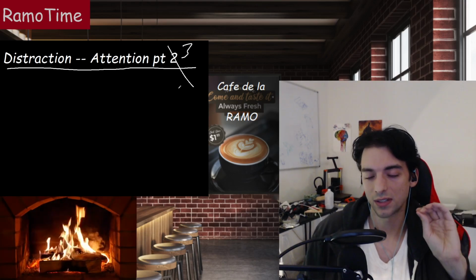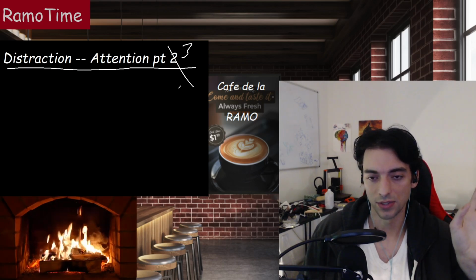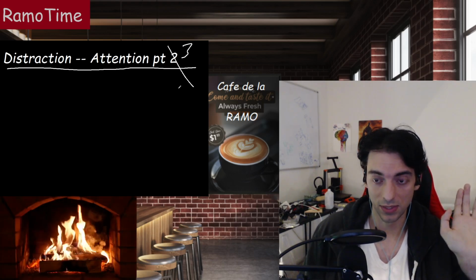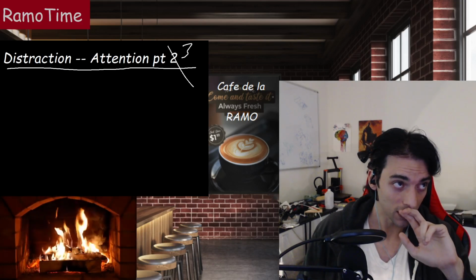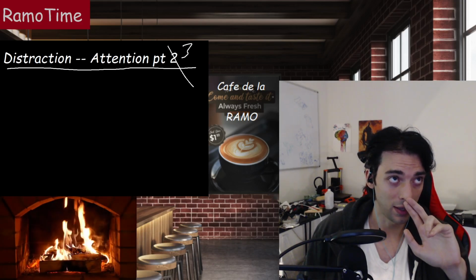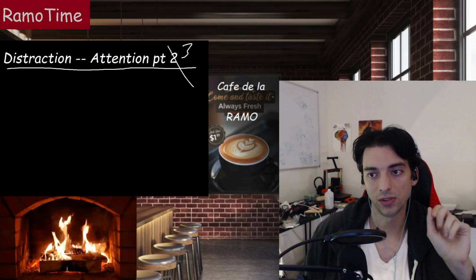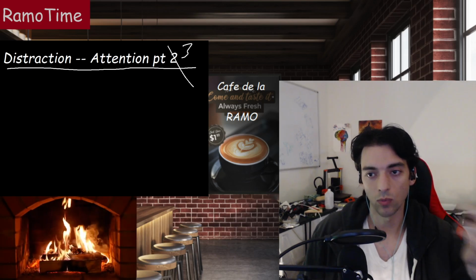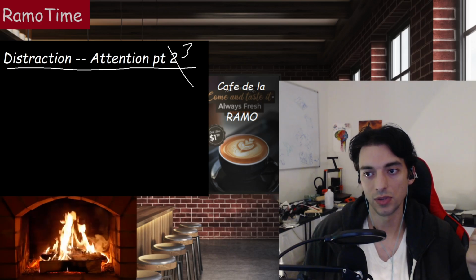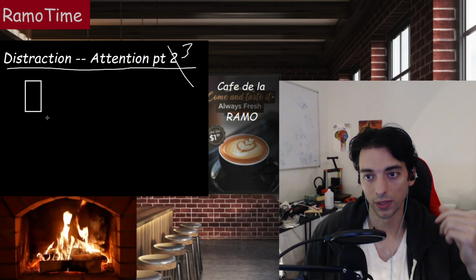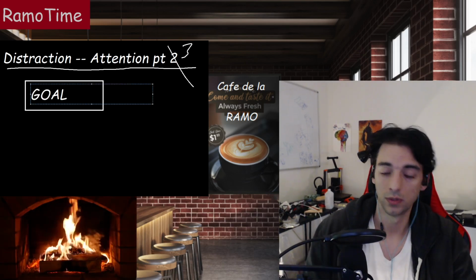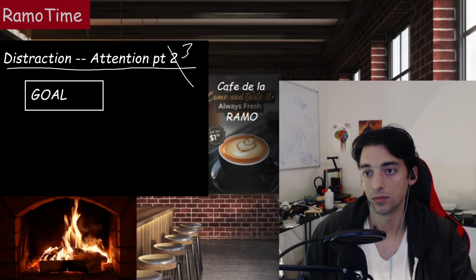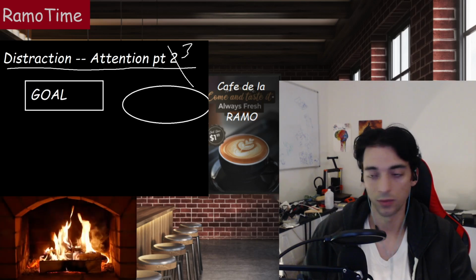Distraction is a very easy concept to understand. Everybody probably already knows what it means to be distracted, but to make it super clear, distraction is always contextual. So there's two pieces you need. You need to know what your goal is currently. Let's just go ahead and type that in. Goal. And then say where your attention is deployed, and we'll do the circle.